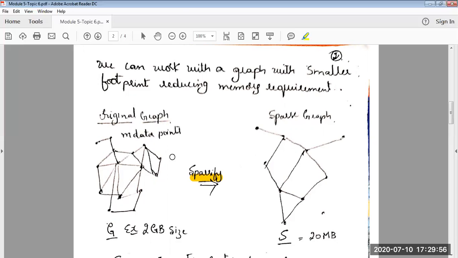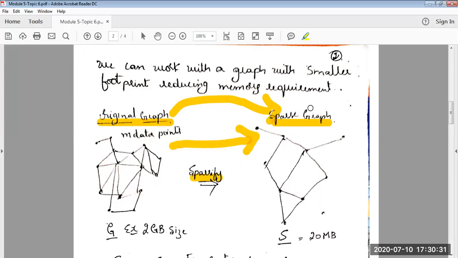The same has been done. You can see this is the original graph, and this is the lightweight graph that has been created out of it. Now, what are the things that will be removed, and what are the things that should be retained from the original graph in a sparse graph? When you are creating a sparse graph, you need to ensure that the fundamental structure characteristics of the original graph are not diluted or compromised. So all the properties and characteristics should be carried to the sparse graph.